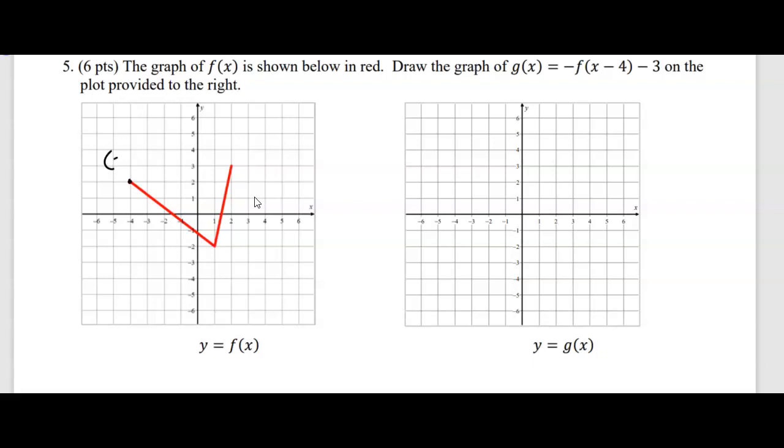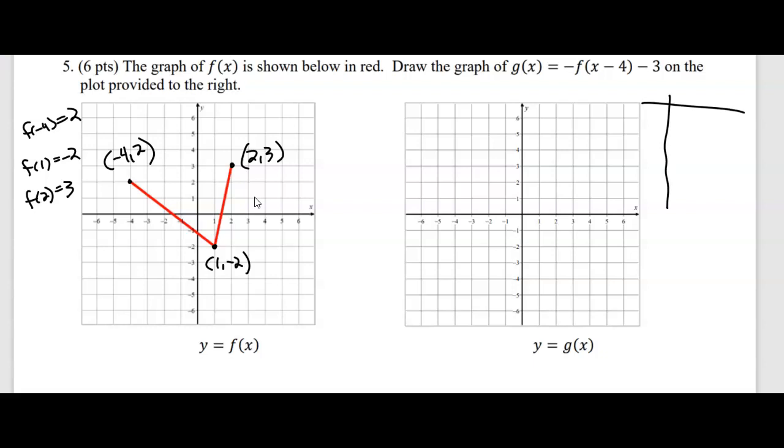This first point is -4, 2. And then we have the end point of that first segment and the starting point of the second as 1, -2, and our last point being 2, 3. Now what this actually means is f of -4 equals 2, f of 1 equals -2, and f of 2 equals 3. Three facts we know about the function f. So for this other function,